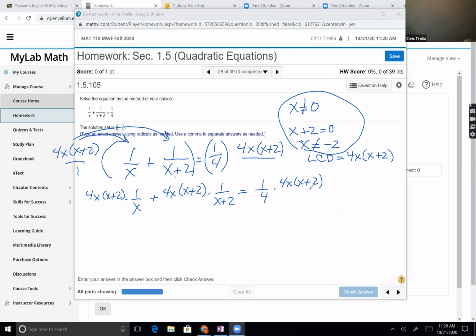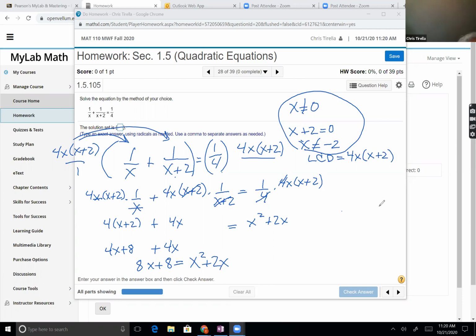And I find that step a pain because it's kind of just rewriting it, but I think it's worth rewriting because then I can see what cancels out when I multiply. So here I have 4 times (x + 2), which would be 4x plus 8, plus here I get 4x, equals, and then on the other side, the 4's cancel out, and I get x times (x + 2), which would be x squared plus 2x. So that gives me 8x plus 8 equals x squared plus 2x.